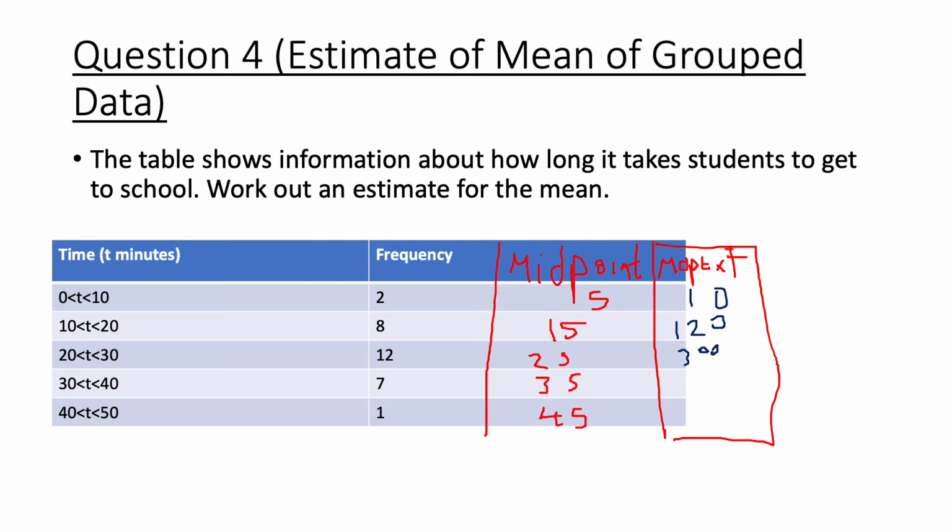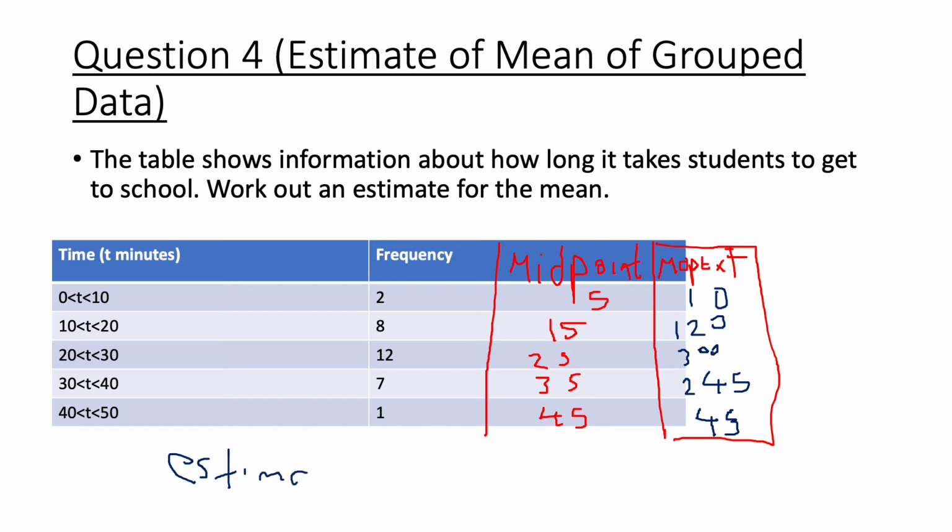335 times 7 is 245. And then 1 times 45 is going to be 45. Okay, now to work out the estimate for the mean, guys, it's the sum of this last column divided by the total sum of the frequency. So the estimate of the mean,